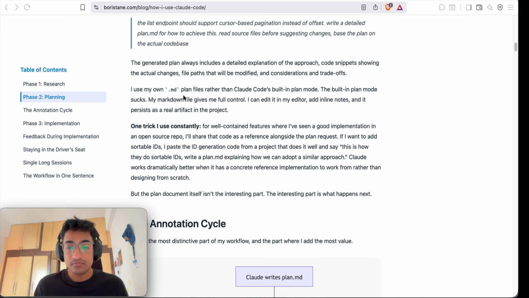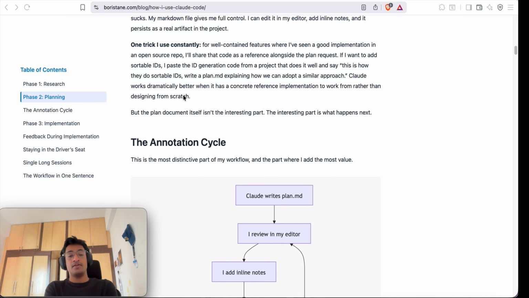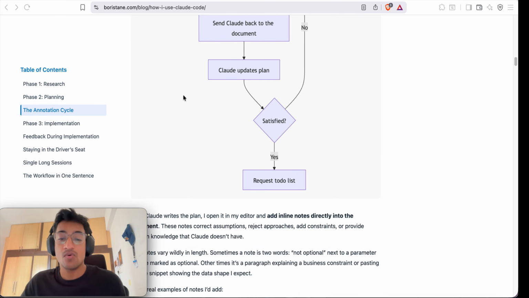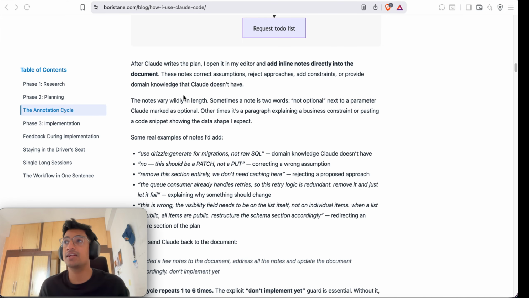And if you see, he also mentioned that code snippet. Why? Because it will help you to see the high level approach that the agent wants to develop. And the annotation cycle, which the author has mentioned. So once the plan is ready, we can directly view the plan, and there might be multiple approaches given by the agent. We can directly write